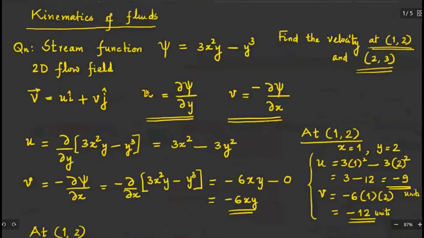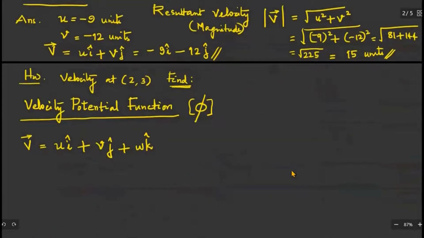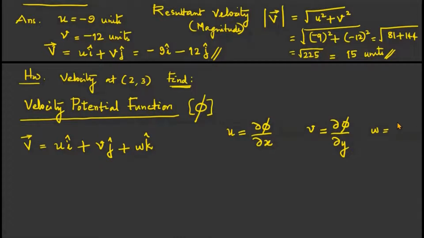See, the stream function is basically defined for a 2D field, whereas the velocity potential function can be defined for a 3D flow field also. So if you want the velocity component u from the velocity potential function, take the partial derivative of phi with respect to x itself. So if you want the x component of velocity, you differentiate the velocity potential function phi partially with respect to x, and for the v component you take the partial derivative with respect to y, and the w component, if at all it is involved, the partial derivative with respect to z.